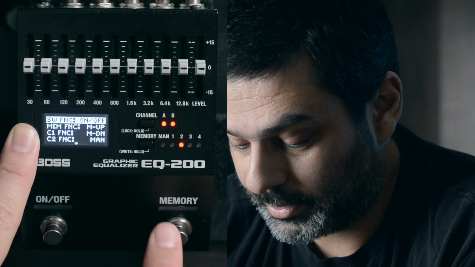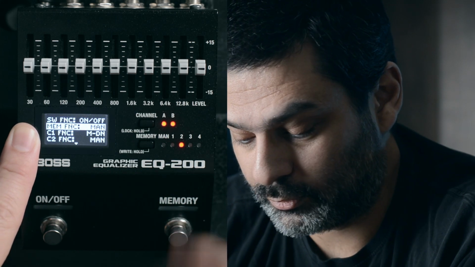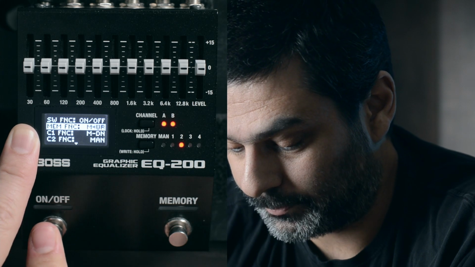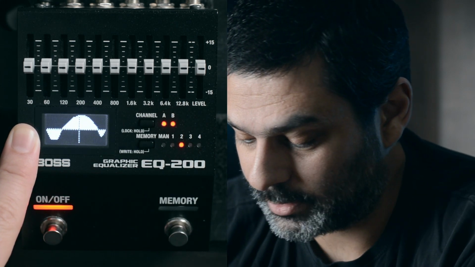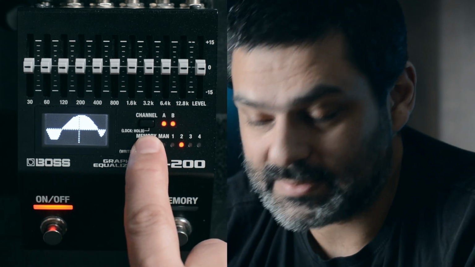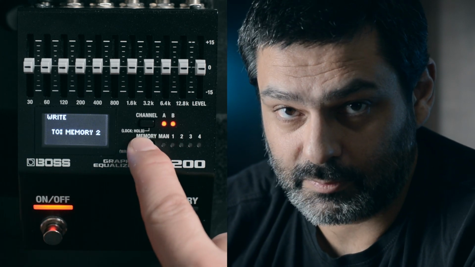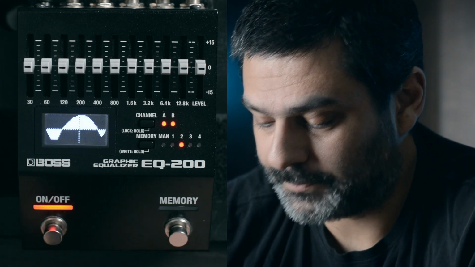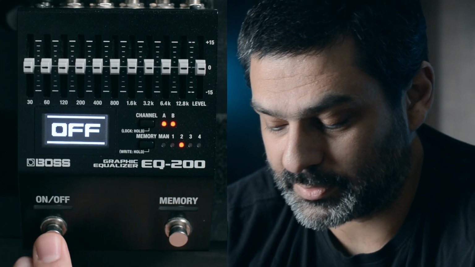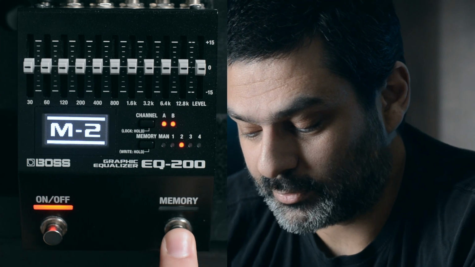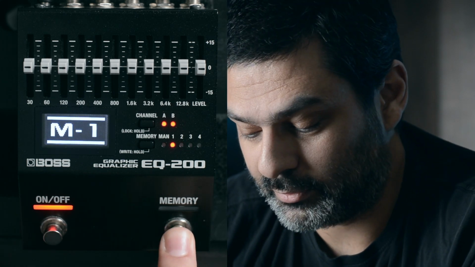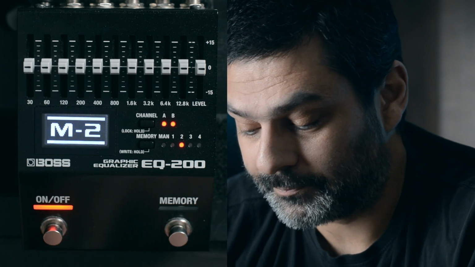And also, I want this switch to now do memory down rather than the typical memory up. So you come back up, press and hold. This is important. If you don't commit to memory, it'll forget the changes. So here we are now. This one still does on and off. And now the memory button goes memory down when it's on memory 2 and memory up when it's on memory 1.